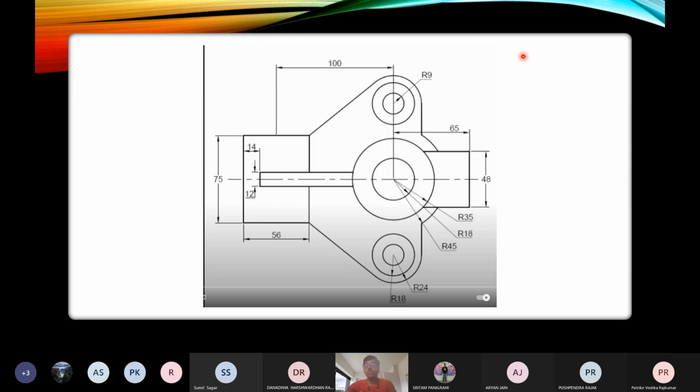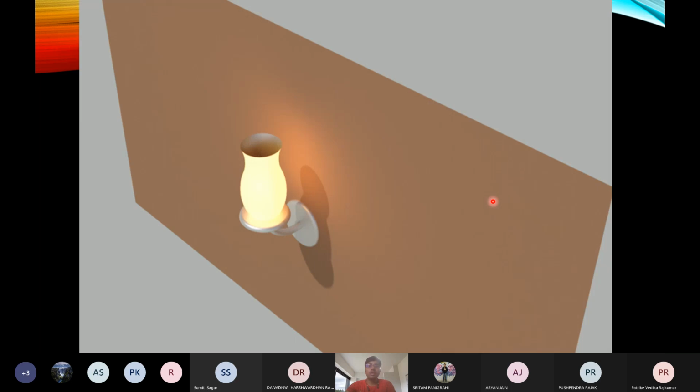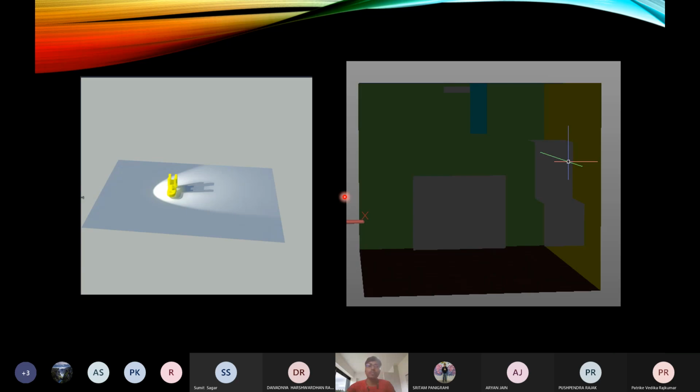First, after the tour of the user interface, we will go to drawing this simple drawing and explore different options. Then we will use this image to use text and dimensioning and others, say hatching and extra options of AutoCAD in this drawing. Then we will switch to 3D modeling, and we'll draw the 3D model of this lamp and the plain wall behind it. And we will also use the shadow effects, lighting, and reflectivity of this lamp. And at the last,